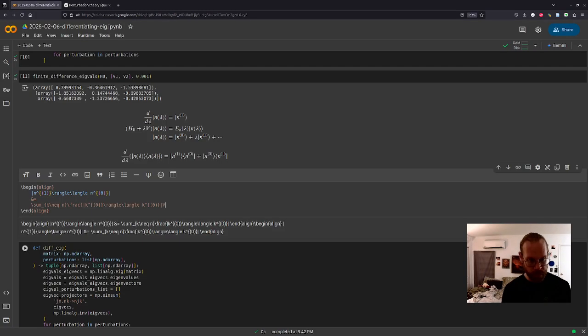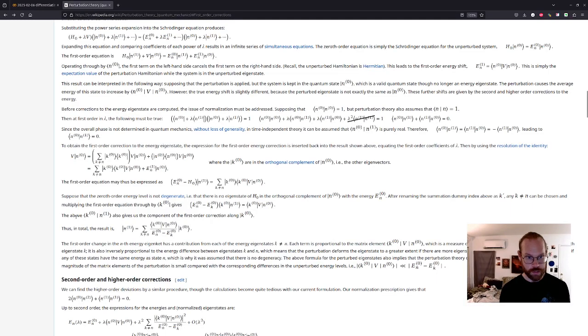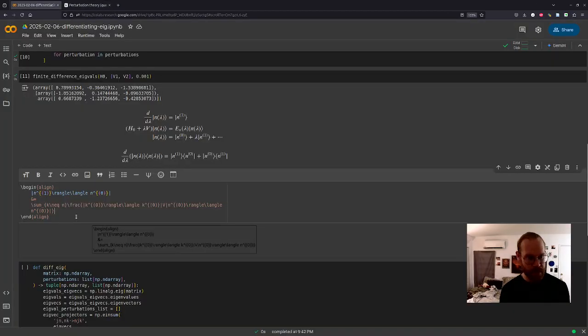And then we put our perturbation in the middle there. And then the projector onto the nth eigenvector. And then this all is going to be divided by these eigenvalue differences.